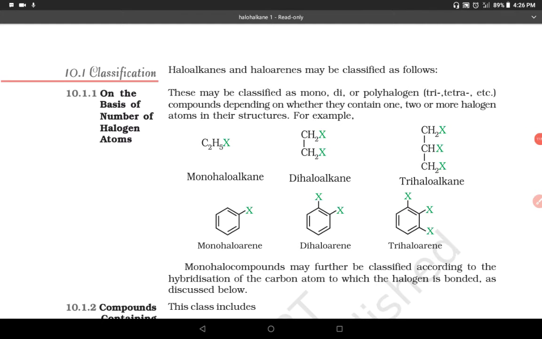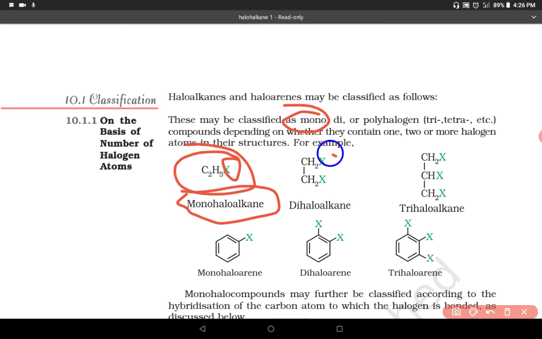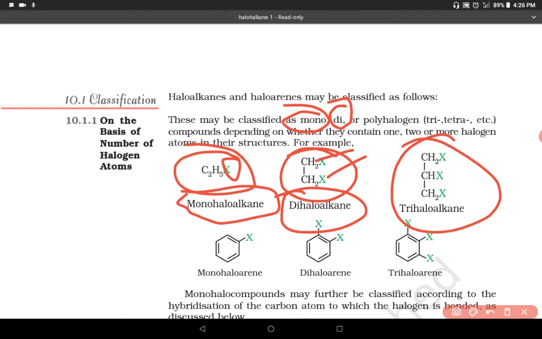We can take an example for this. Let us take ethane. In this ethane, how many halogens do you find? Yes, one halogen, one haloalkane. We already know mono. What do you call one haloalkane? Mono. We can use the scientific word, so it is called monohaloalkane. In this, how many halogens do you find? 2 halogens. Yes, what is the name for 2? Di, that is dihaloalkane. With 3 it is also a polyhaloalkane, but there is a specific word for 3, that is tri. That's why we use trihaloalkane.